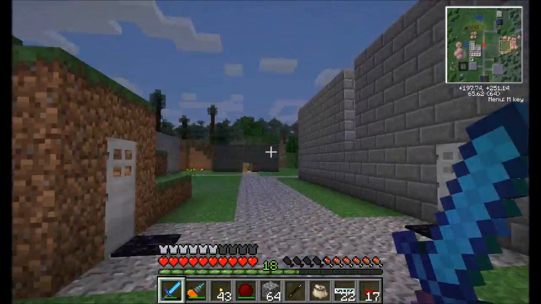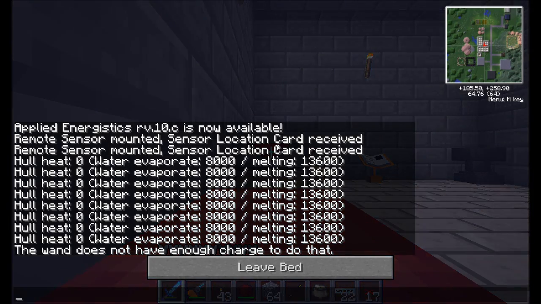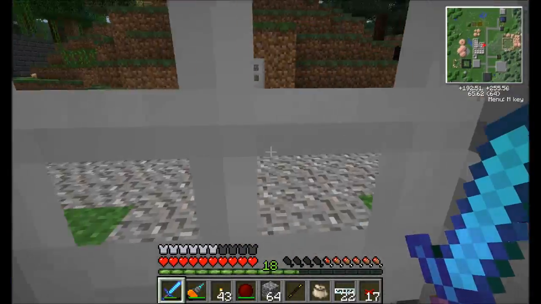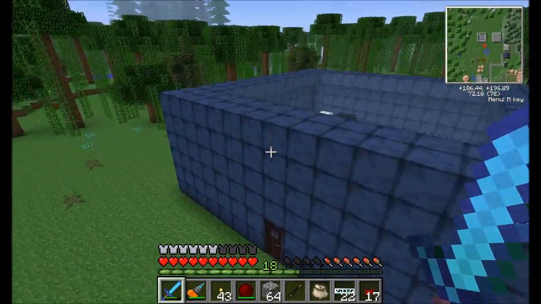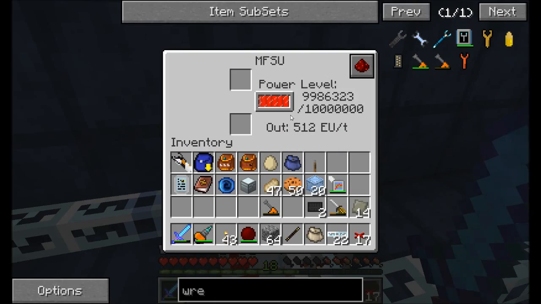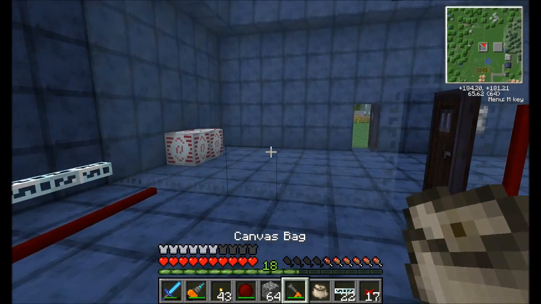So what we're looking for is the ability to break the block with a 100% guaranteed never gonna have a problem, and it's called lossless wrench mode, and I'll show you guys how to enable it in a second. It requires more energy per block broken, but at this point we're producing enough EU that I'm not gonna worry about that. Alright, so real quick, pop in here, and energy, electric wrench, charged up, shift right click to switch into,